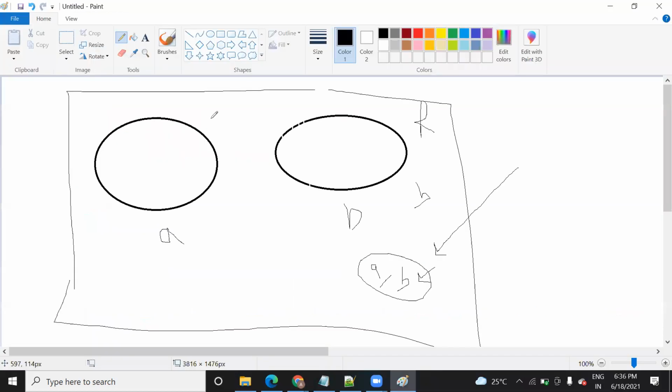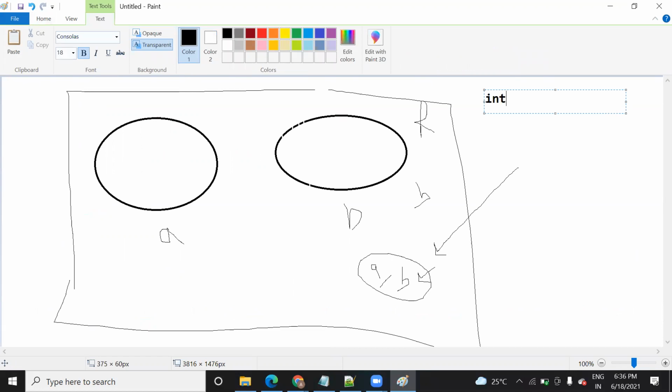Suppose you have declared x equal to 1 here. And after that, suppose you create an object a, a dot x equal to 2, and b dot x equal to 3.